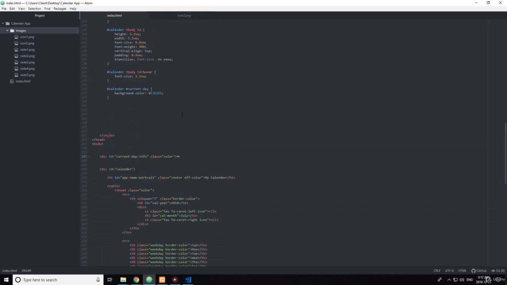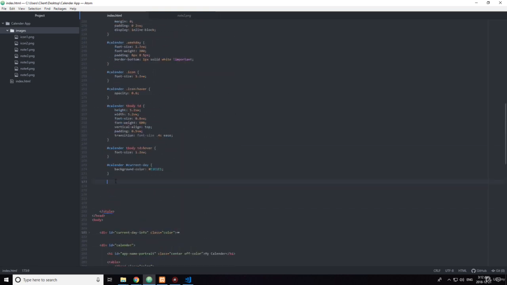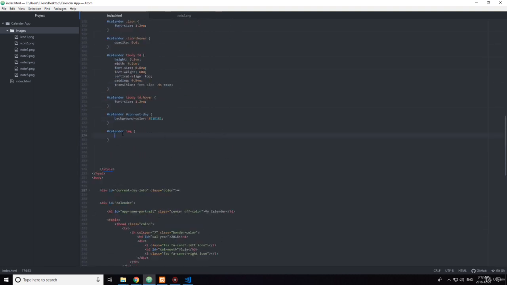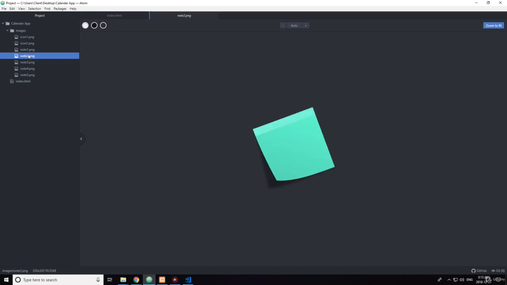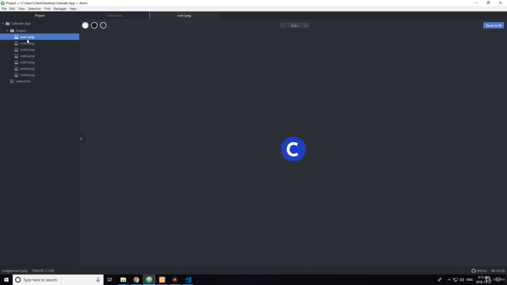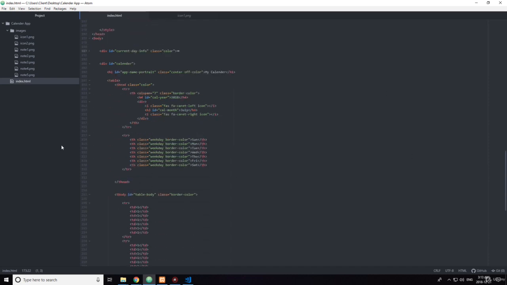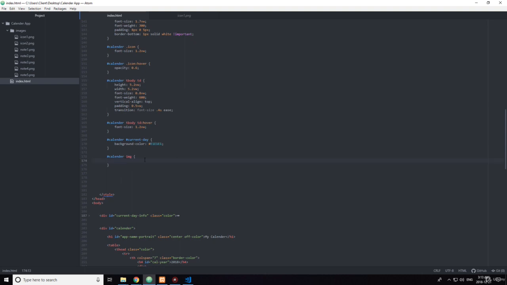So now you want to go up here to the styles and just say img. I could just easily select the IMG here without a class or anything, because unless you're having more images in the calendar, which here I'm not going to have, but if you wanted to, you might not want all the images to have the same style. But in this app, all the images are just going to be these, the notes. The icons are obviously not in the app itself. It's not on the markup. It's just the icon. So since those are the only images, you could easily just select by image